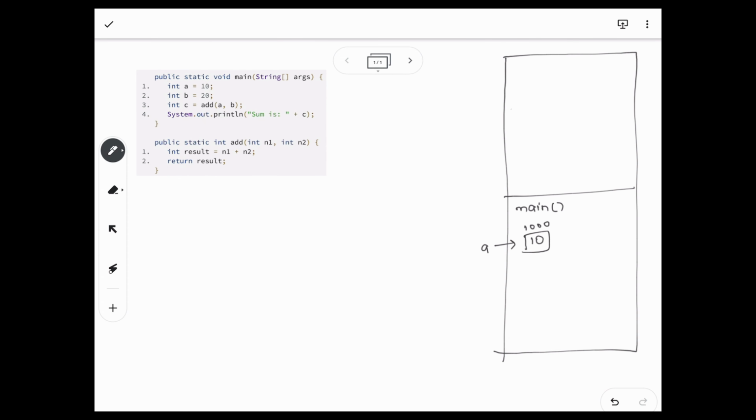Now the control moves on to line number 2 and here another memory block, let's say 2000, gets allocated and a value of 20 and a variable named b will be pointing to this memory block. Now on line number 3 we are making a call to add function. So at this point in time the add function will now be pushed onto the stack,